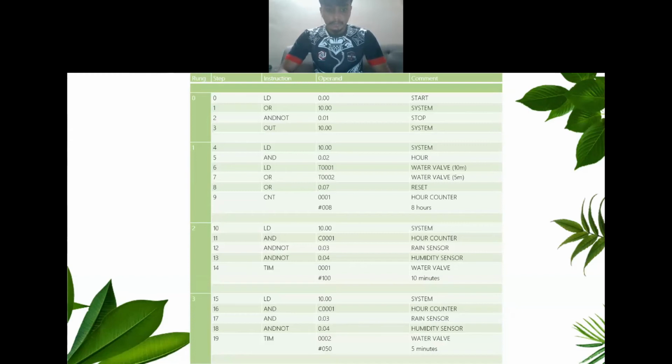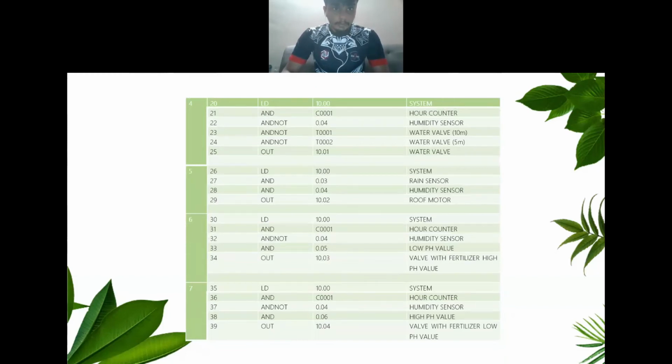All the rungs start with the system, which is LD, the hour counter, rain sensor, and humidity sensor. All will be AND gates, and the timer will be 5 minutes for the water valve, which we assume hashtag 050 will be 5 minutes. And we'll go for rung 4. It starts with